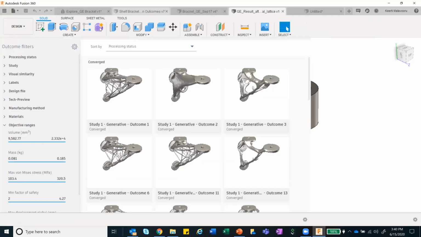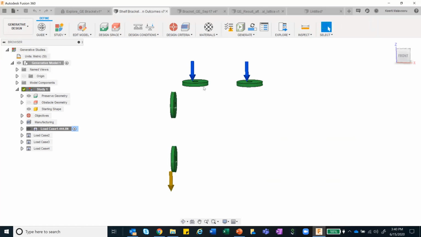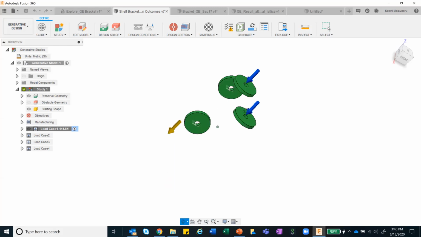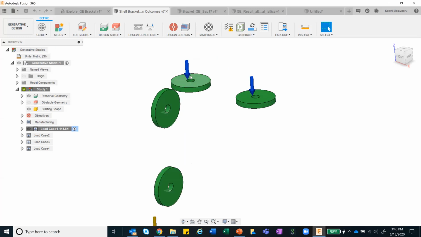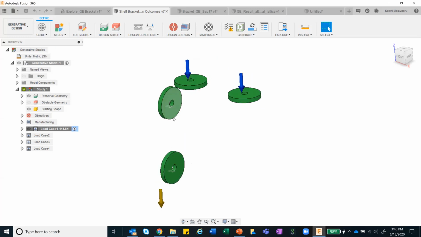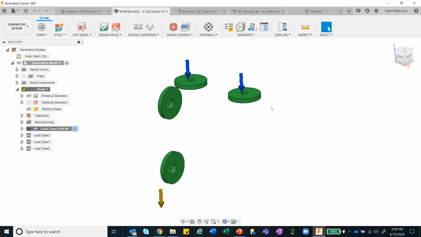I can now go ahead and apply the same logic that we applied for my previous example. I know that this is being fixed to the wall, and the wooden platform will be supported on this particular fixture. So I go ahead and define this. I go ahead and define the loading conditions. This is constrained to the wall. I define different materials in the same way that I had done for the previous one.